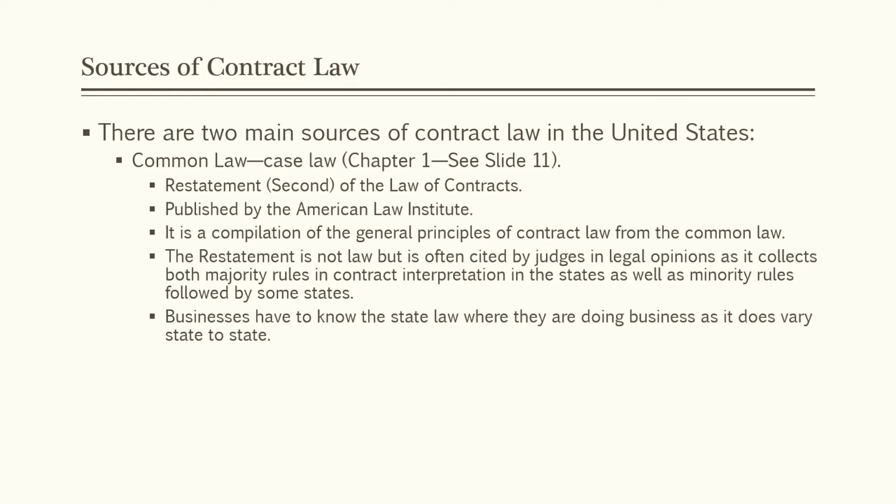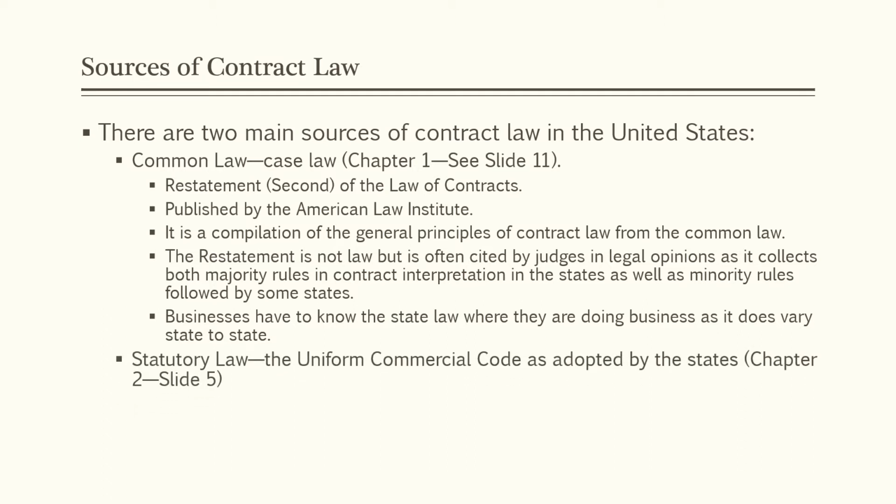Remember that businesses have to know state law where they're going to do business, as it does vary state by state. You have to look at federalism principles because you have the federal law, the state law, and local law that you have to comply with all at the same time. The other source of contract law in the United States is statutory law, the Uniform Commercial Code as adopted by